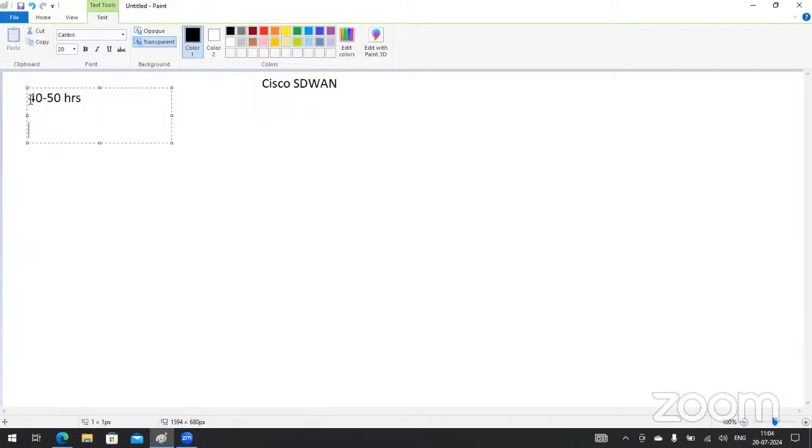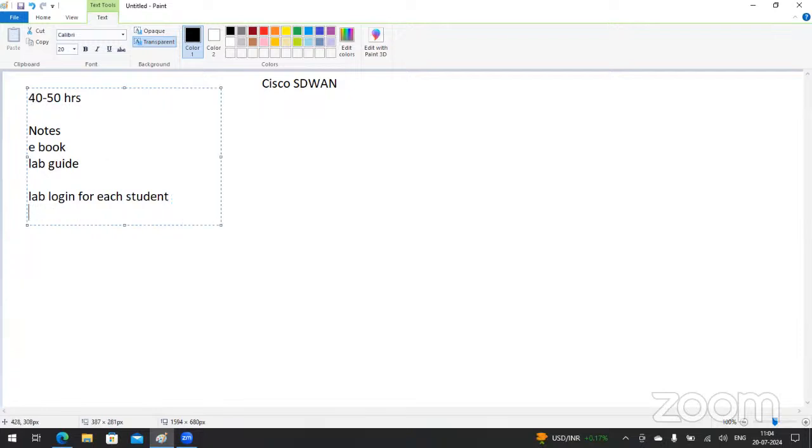I'll share with you the notes, an ebook, and a lab guide. There would be a lab login for each student. It would be an individual, separate login for each student. So we'll be sharing with all of you the